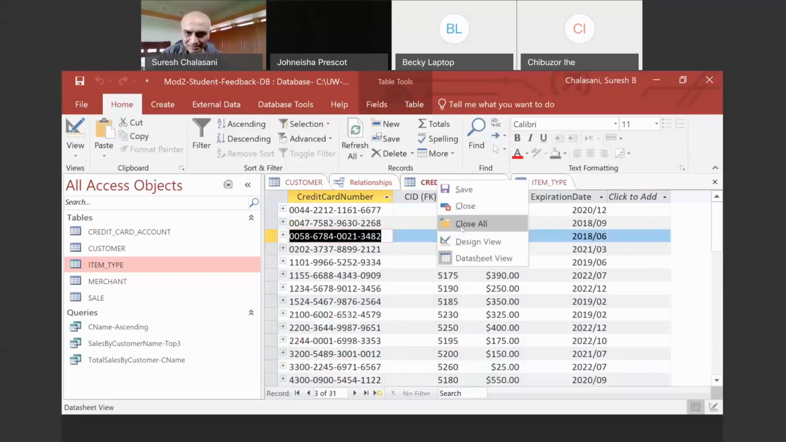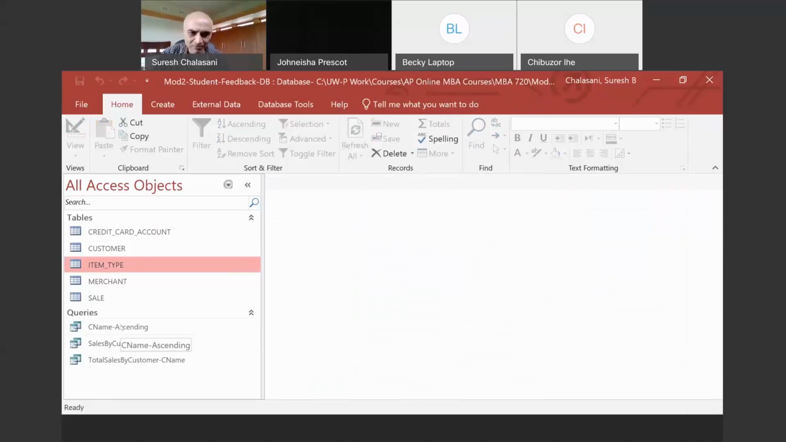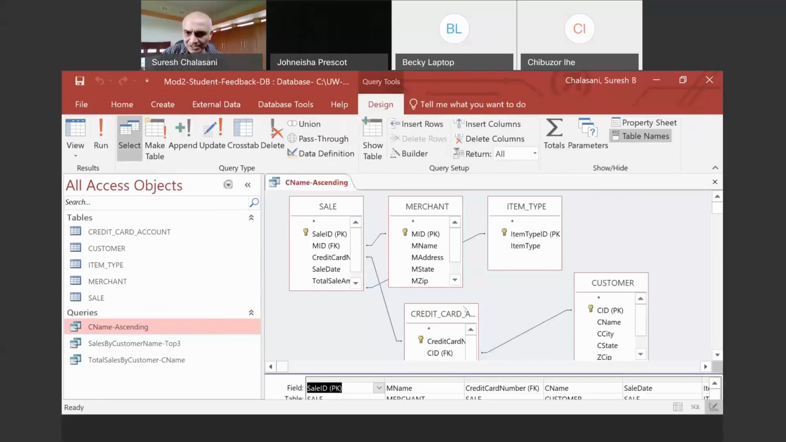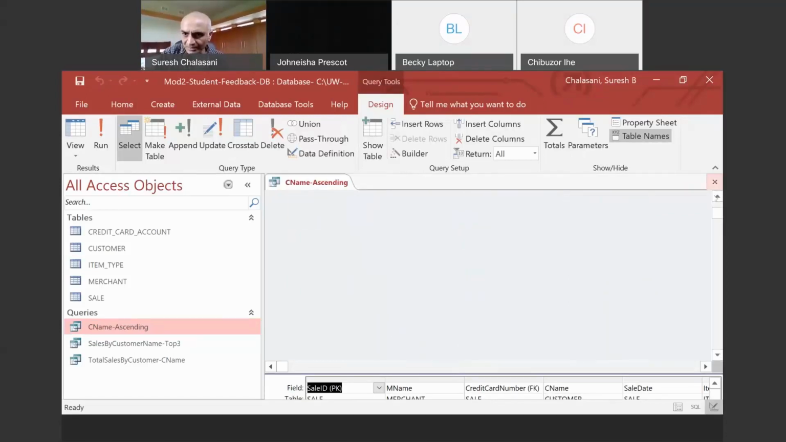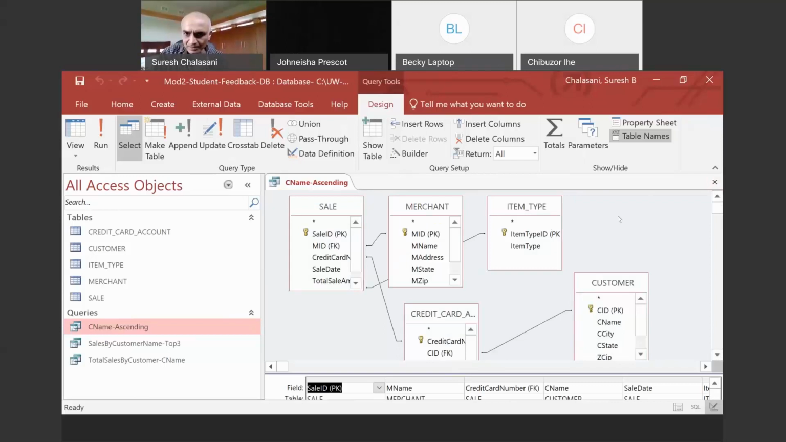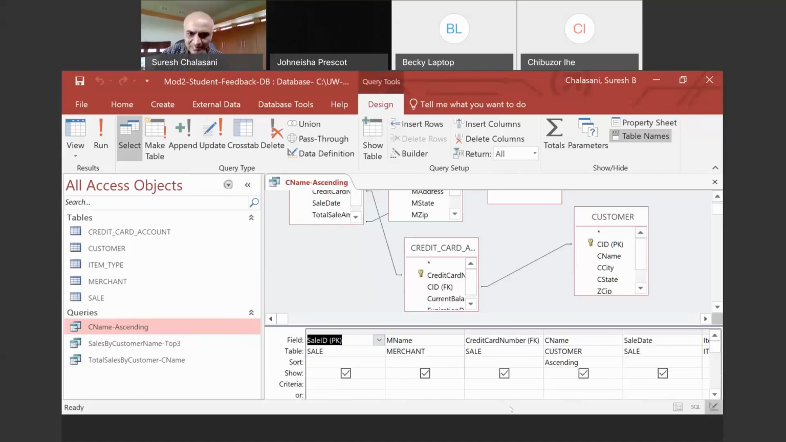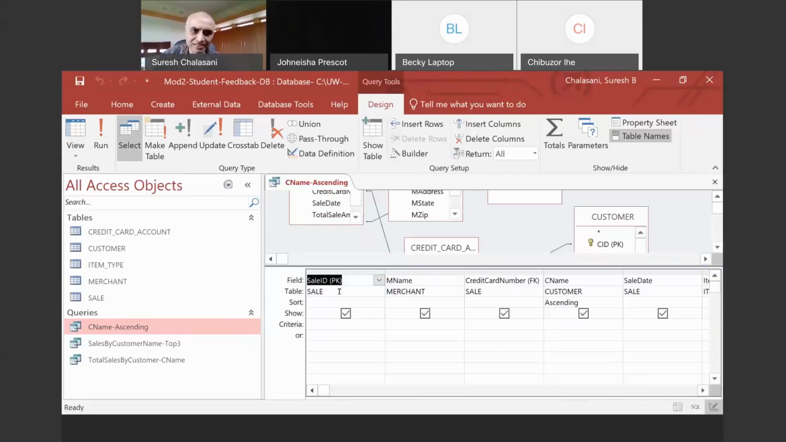So I'm going to close all these and I'm going to show a couple of queries. One of them is the scene name ascending query. Let's take that as an example of what we were asked to do. So when you create these queries,